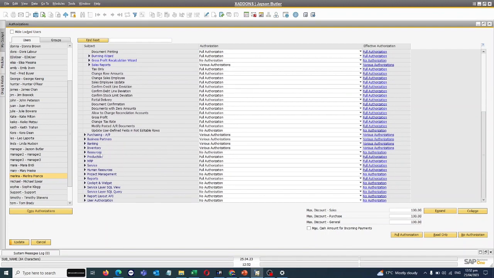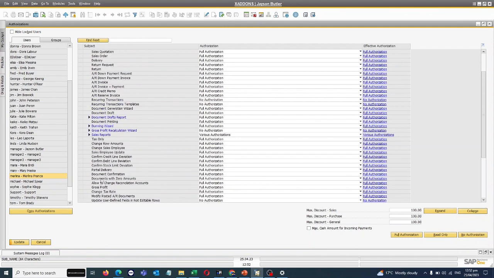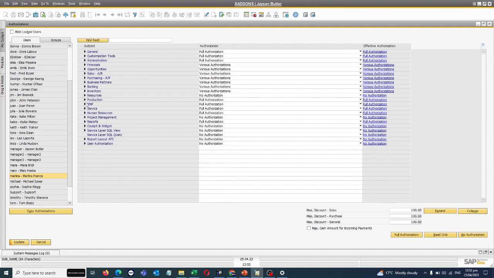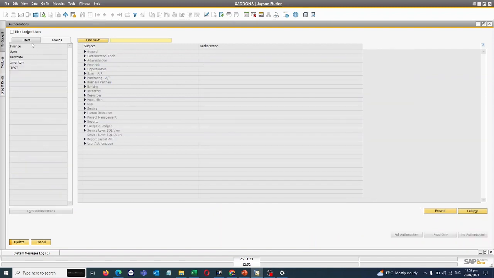So all the modules or all the screens or all the documents in Business One are available in the authorization window. All you have to do is choose the user and apply the authorizations. You can apply the authorizations based on the user groups also, but that's not a discussion for today. Maybe I'll cover it in another